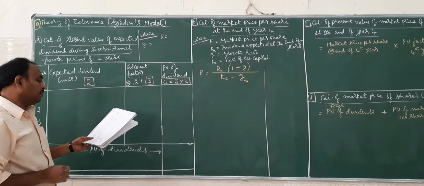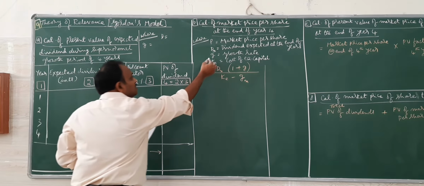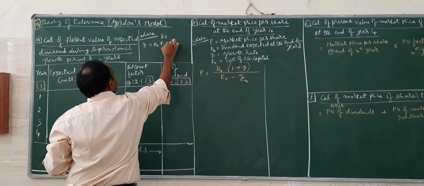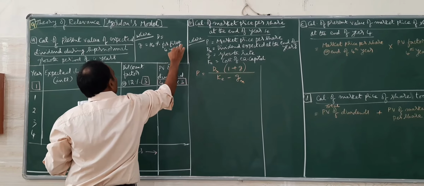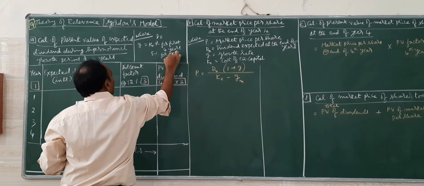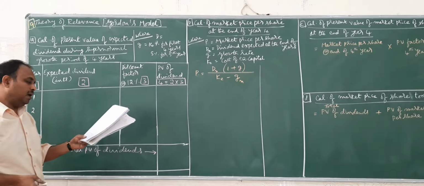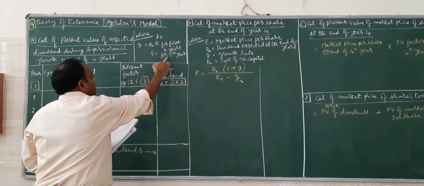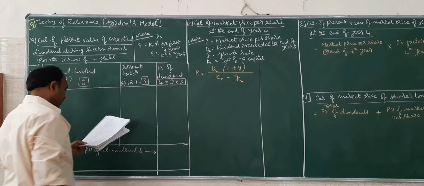So here the company is expected to grow at 14% per annum for the next 4 years. G represents the growth rate, 14% for the first 4 years, 5% for the 5th year. As they have given, grow indefinitely at the same rate as the national economy, that is at 5%. So the growth rate for the first 4 years is 14%, for the 5th year it is 5%.